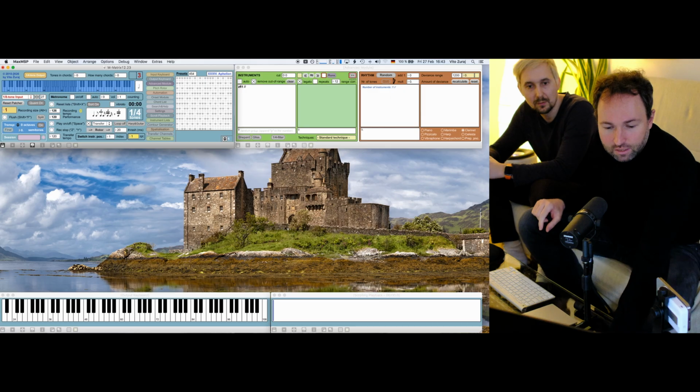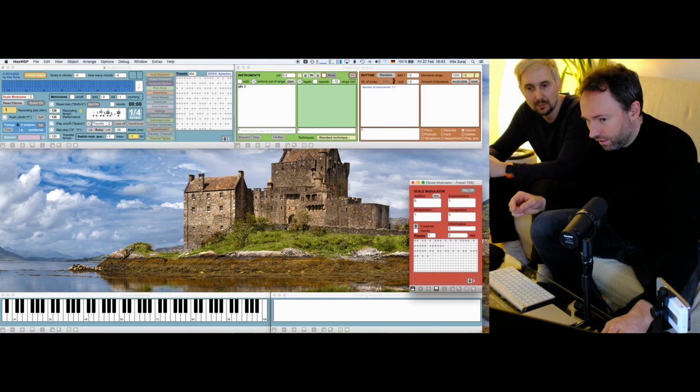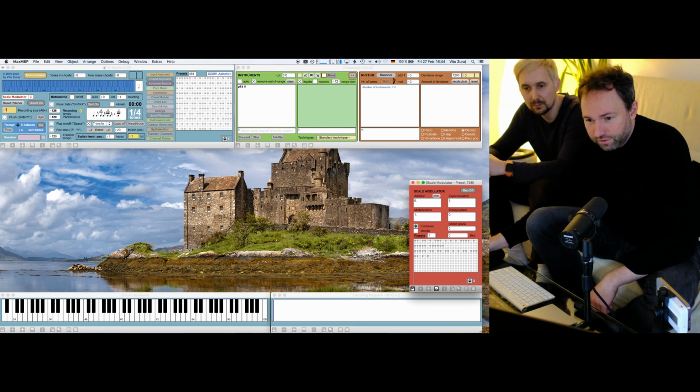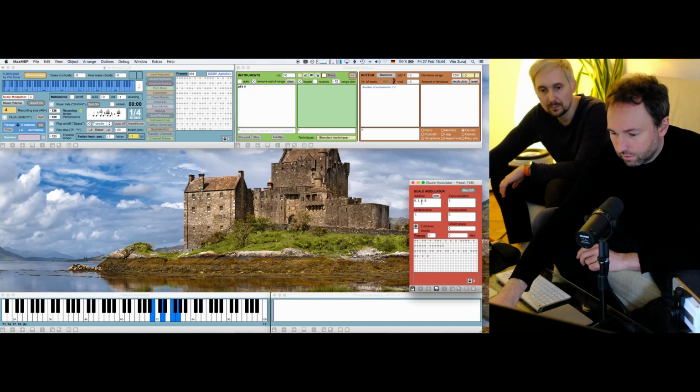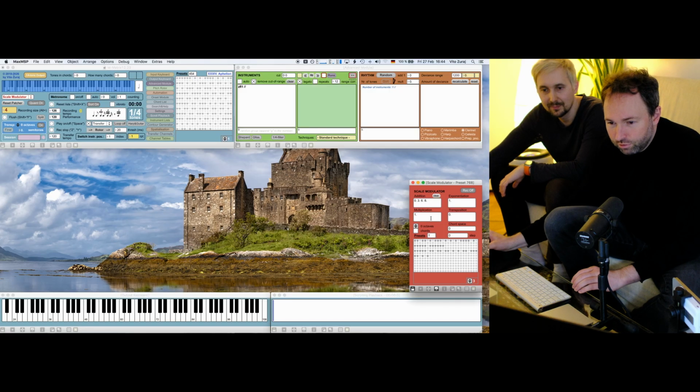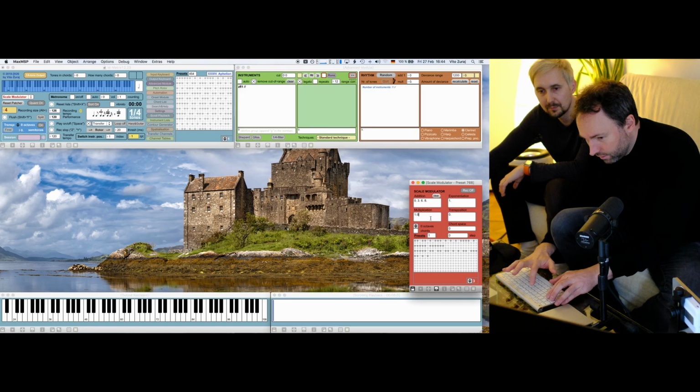But I'm working with this kind of microtonality in this patch. I also have scale input, so I have different scales. So this now is kind of normal. If I say, okay, now I would like to play with some chords, that would be another possibility. I can put some crazy multiplication to it, and then it will sound